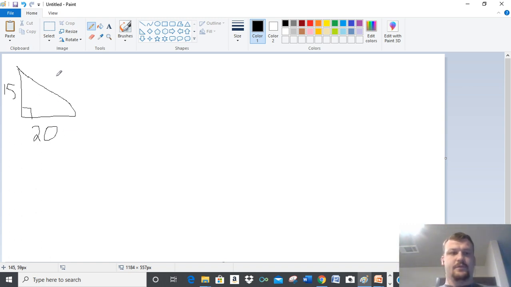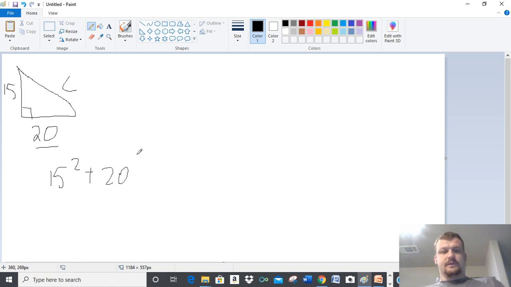So you got 15 and 20, and you're looking for C. So 15 would be your A. So 15 squared plus your B squared, which would be 20. 20 squared equals C squared, which C is currently our unknown. We do not know it. So we simply solve the squares. So 15 squared, 15 times 15 is